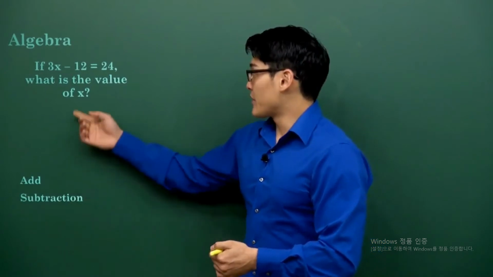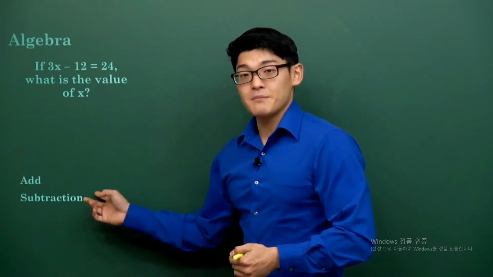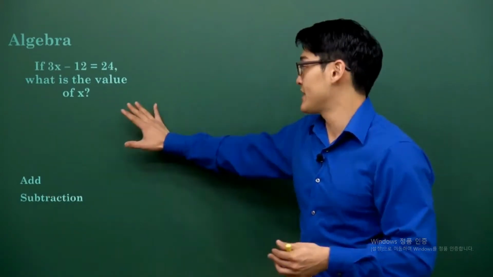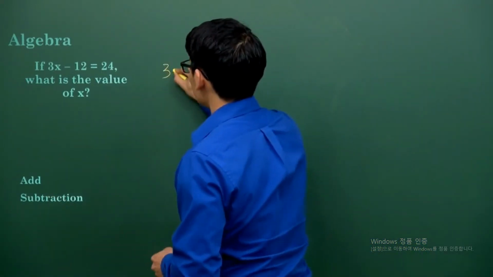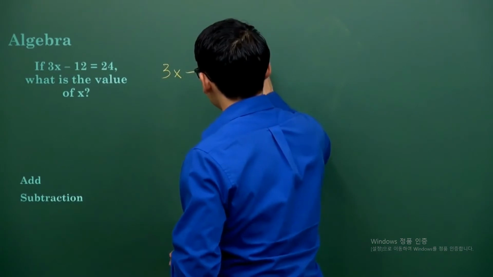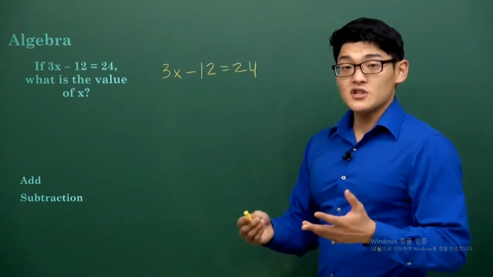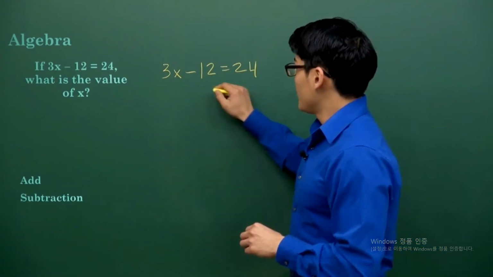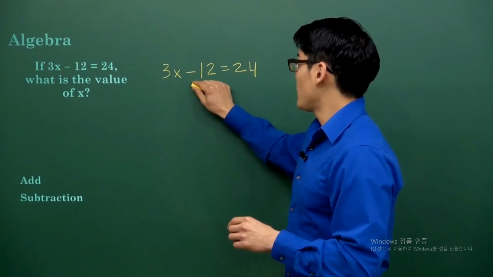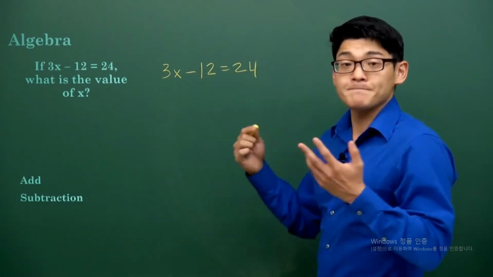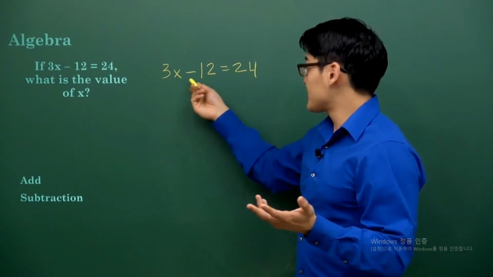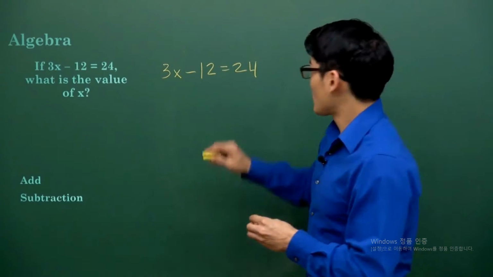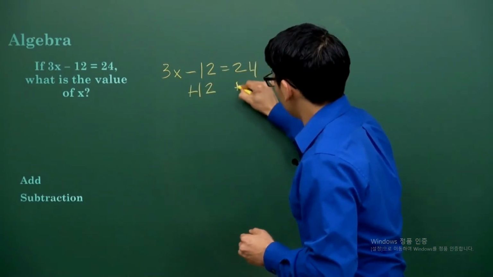So if you remember, the last thing we do in PEMDAS, or the order of operations, is subtraction or addition. So we're going to do that first here for algebra, or when we're solving for x in this case. So, addition or subtraction, we want to get x by itself. That's the big thing. And if we want to get x by itself, we have to move the 12 over. And moving the 12 over, it's attached to x by subtraction. So we're going to do the opposite of that. We're going to add it to both sides,